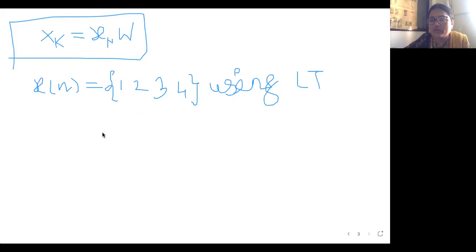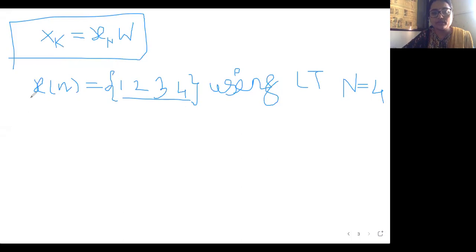Okay. Now here we want to solve by using linear transformation. So for linear transformation, how many number of samples are present over here? Anyone? What is the value of capital N? 4 ma'am. Four. Capital N is equal to 4. Right? We have number of samples capital N is equal to 4. How did 4 come? This 1, 2, 3 and 4. So number of samples, if I count here, there are 4 values. So capital N is equal to 4.